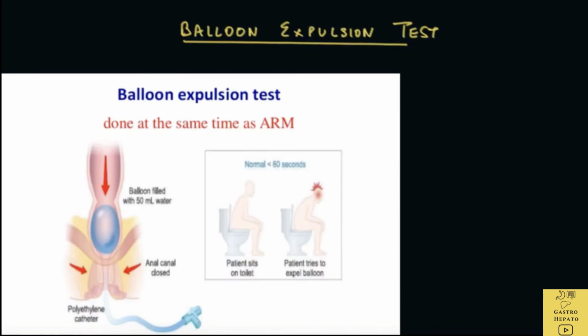A test to study defecation called the balloon expulsion test. This test involves inserting a device into the rectum. This device consists of a small water-filled balloon shaped like a stool, as is shown in this picture. After the device is inserted, the patient is asked to expel the device, which is the balloon, in private. This study studies the muscles of the pelvic floor and anus. If the patient is unable to expel the water-filled balloon within 1 to 2 minutes, the condition called dyssynergic defecation is suspected.